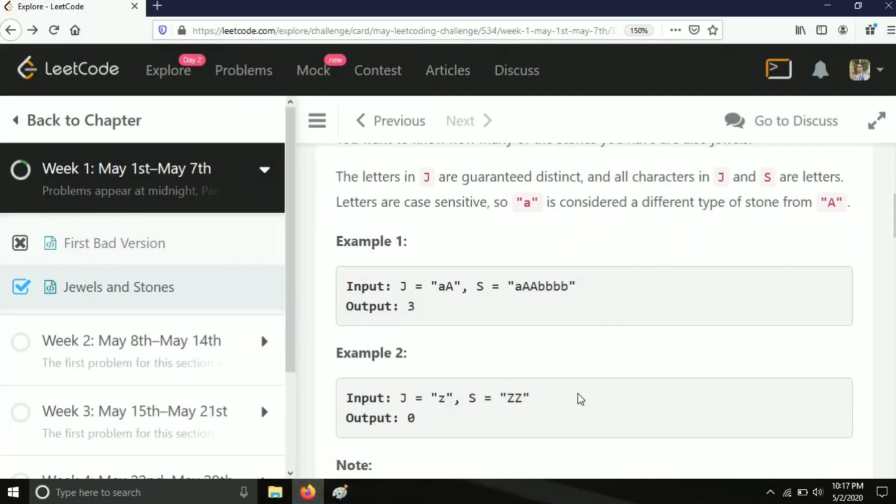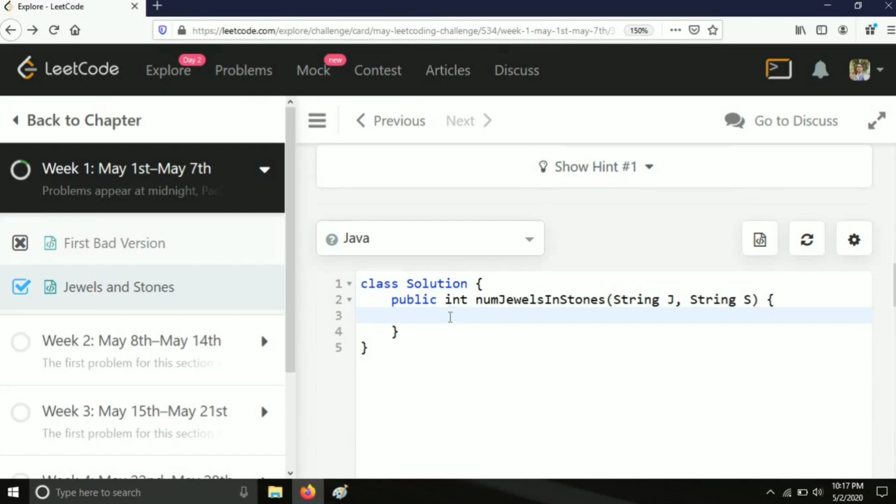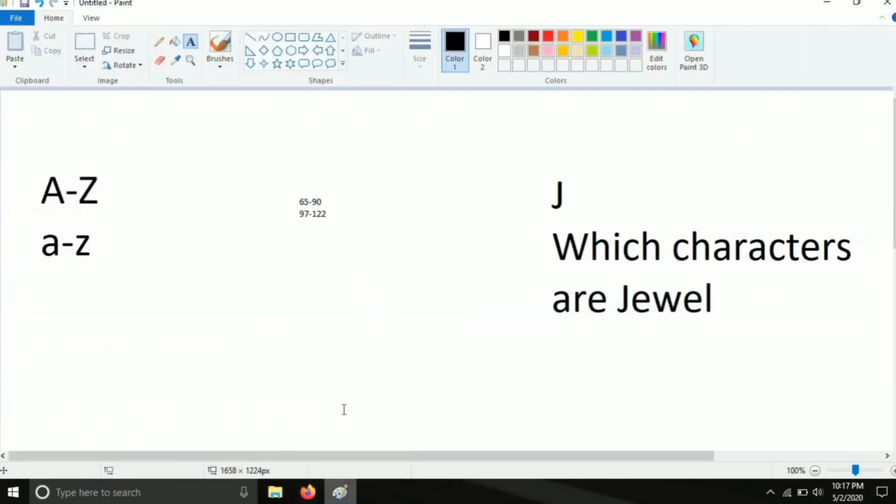Okay, so let's do it. Firstly I am going to create a boolean array, boolean ch equals new boolean, and here I am writing 128, you can also write 122. Why 128 or 122?